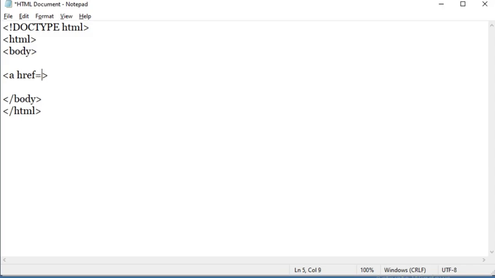So href equals, in double quotes, www.google.com. This is the link the user goes to when he clicks. After you close the bracket, you write click here to reach Google, then the end tag, /a.